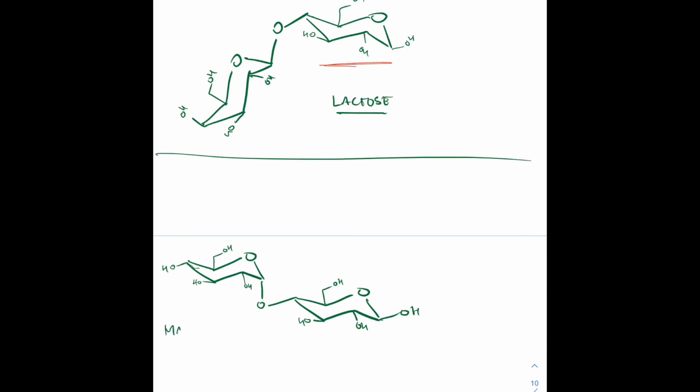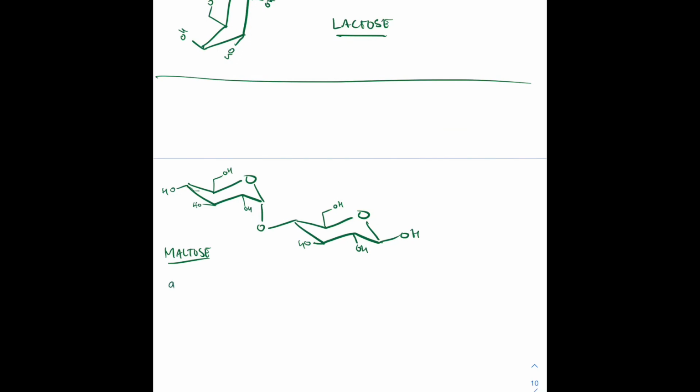So let's try another one. This particular dimer is maltose. Maltose is formed in the same way as above when we formed the lactose, but maltose is formed from two, try and guess. What do those monomers look like? They look like two glucose molecules to me. So we have